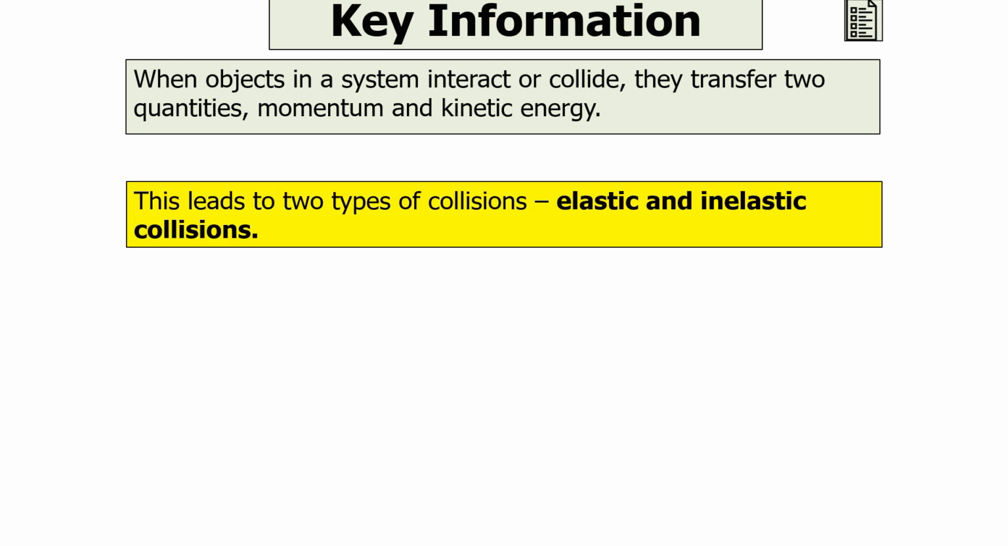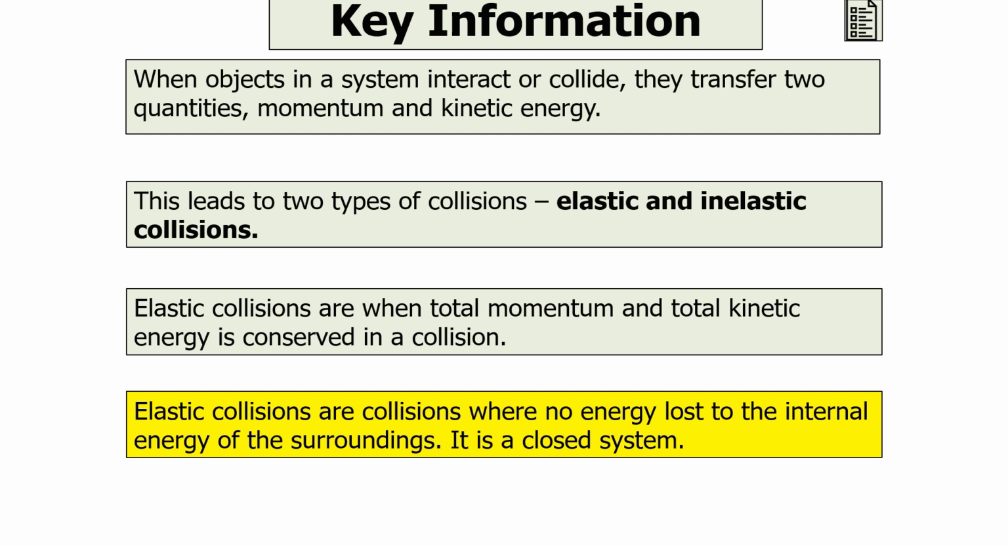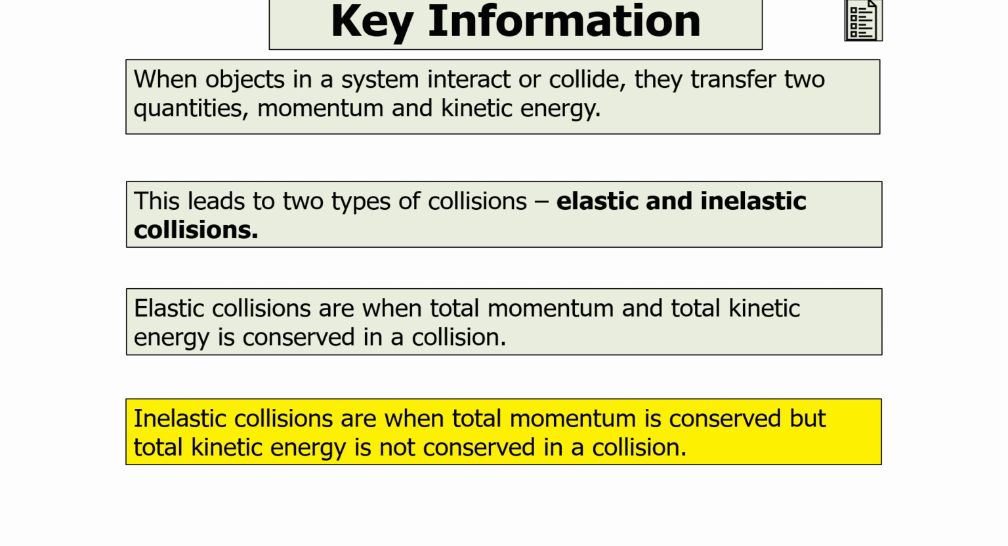So this leads to two types of collisions: elastic collisions and inelastic collisions. Elastic collisions are when the total momentum and total kinetic energy are conserved in a collision. Elastic collisions are collisions where no energy is lost to the internal energy of the surroundings. It is a closed system. Inelastic collisions are when the total momentum is conserved but the total kinetic energy is not conserved in a